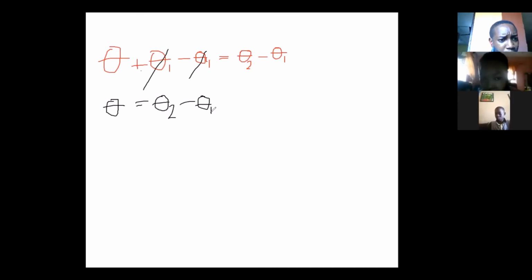Now, you can use the formula for the tangent of the difference of two angles. What is the tangent of the difference of two angles? It is known as what? Tan theta will now be equal to what? Tan